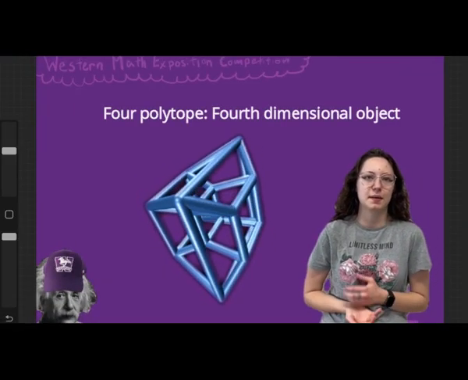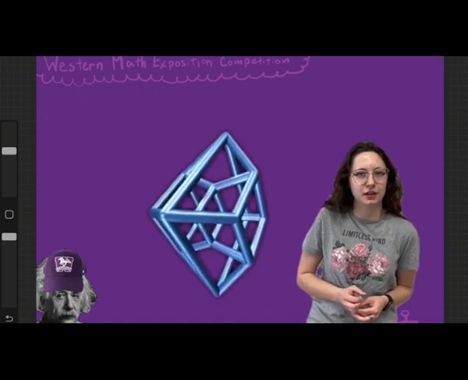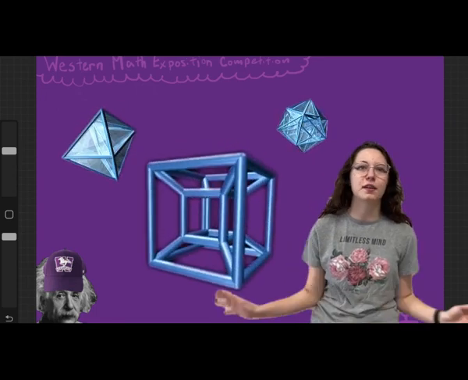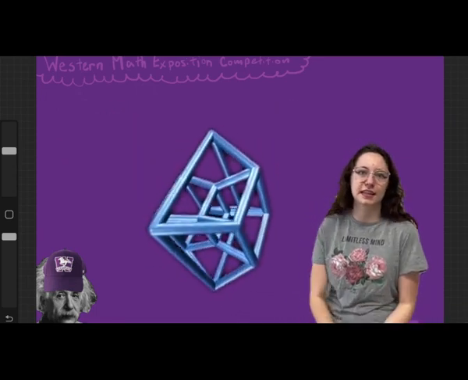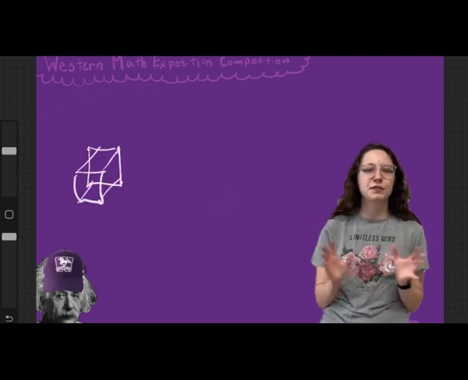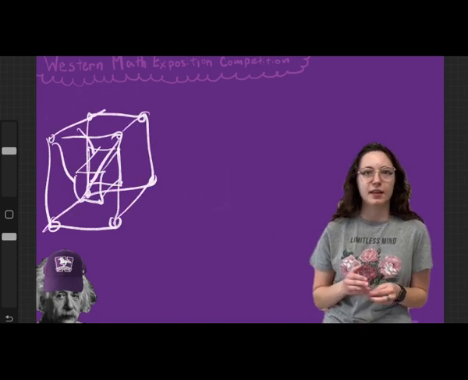The tesseract is a type of 4 polytope, which is essentially a fancy way of saying fourth dimensional object. It is known as an 8-cell polytope, though there's plenty of others with all different kinds of cells, but let's just focus on the tesseract since it's a simple one. Now, the actual visualization of it is very hard to do, and so the picture of it is not good to look at.